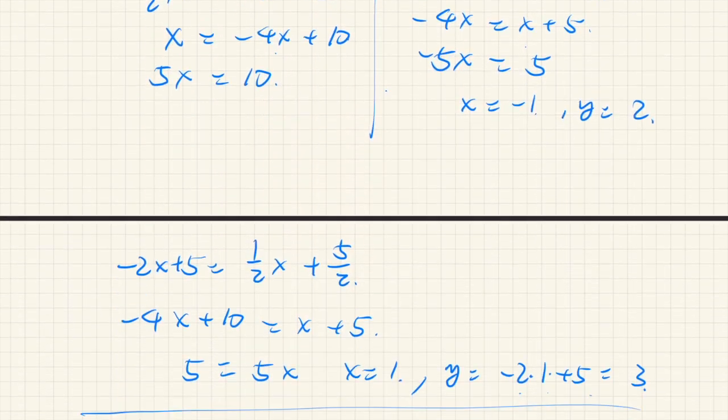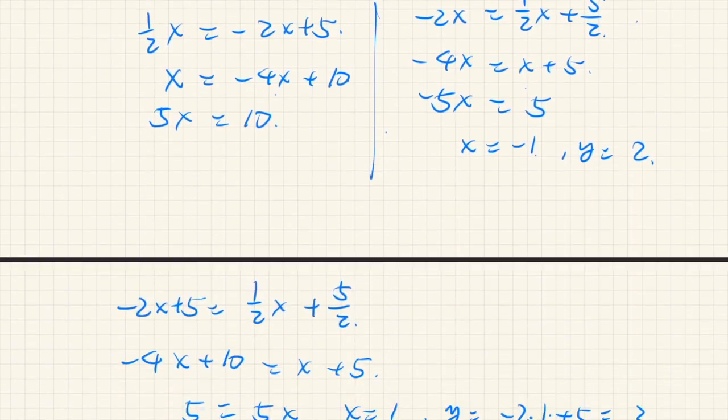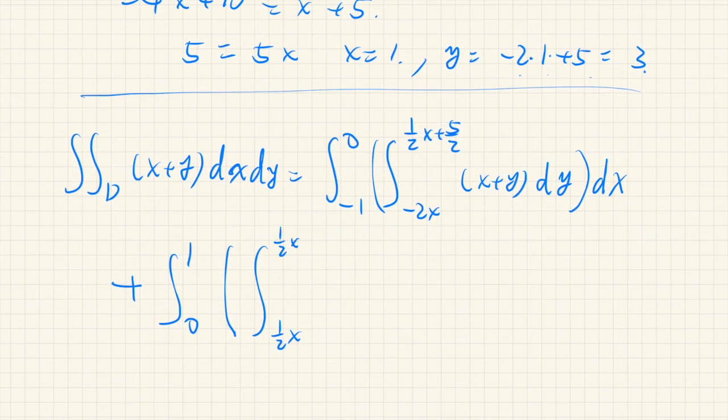So that's 1 half x and 1 half x plus 5 over 2